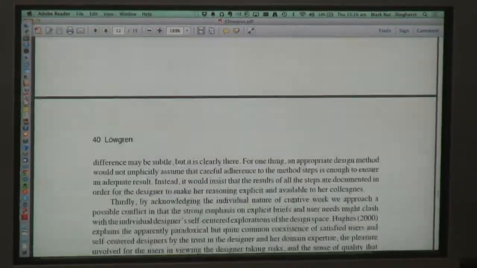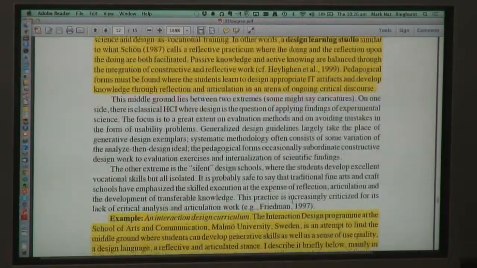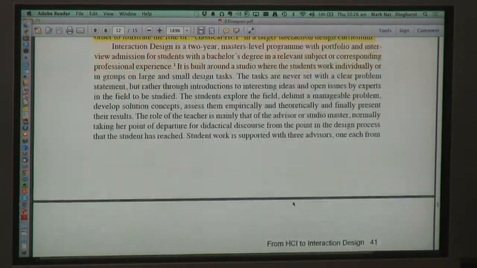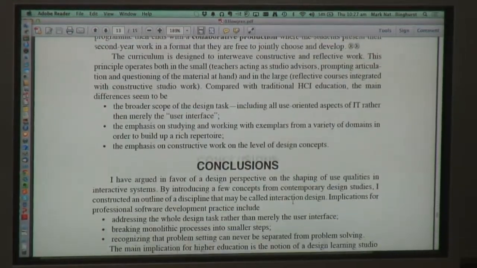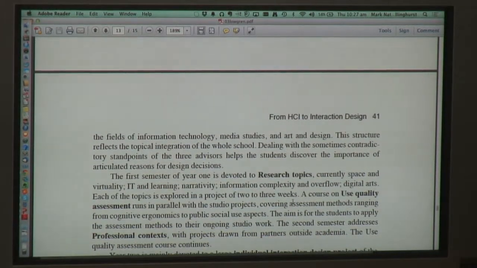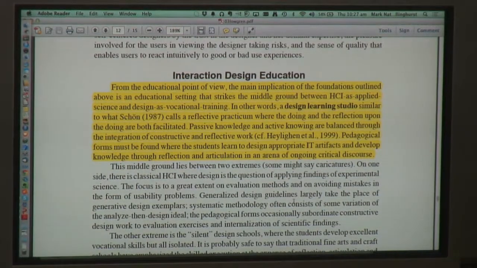And then finally, he talked here about the interaction design program that they set up at Malmo, and their Design League program, which is basically focused around individual projects and small group interaction. So if you haven't had a chance to finish reading the article, you should read through it and think about how it relates to what you're studying today and how the HIT Lab is working as well.